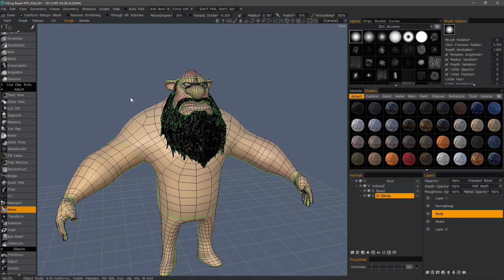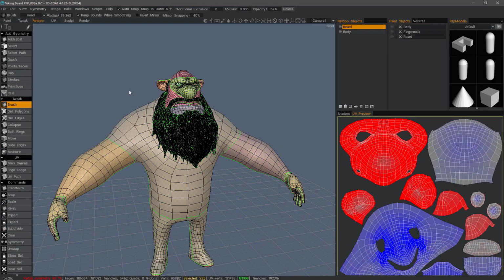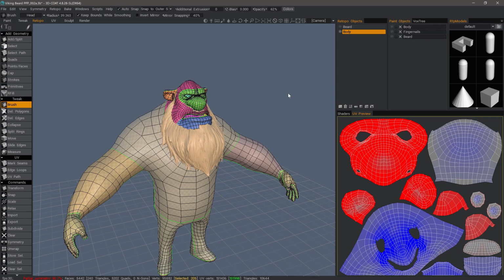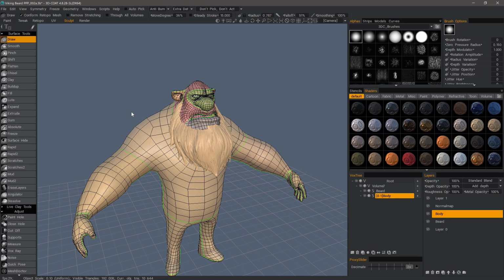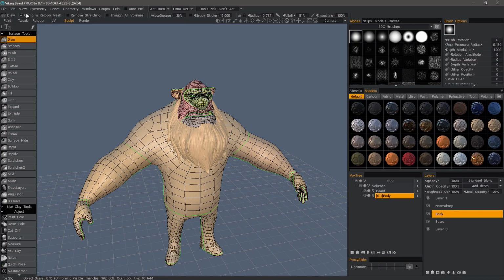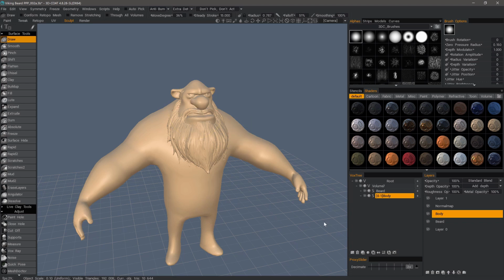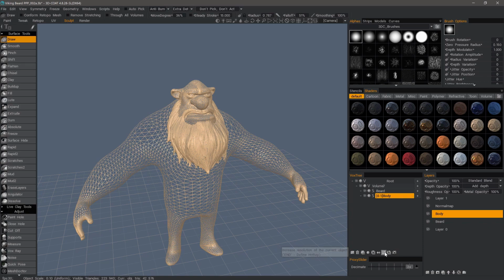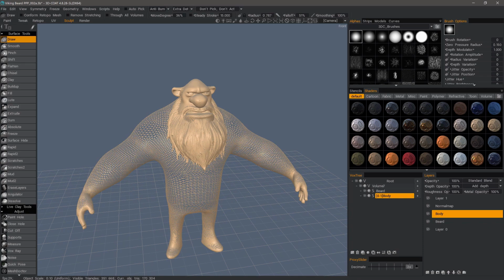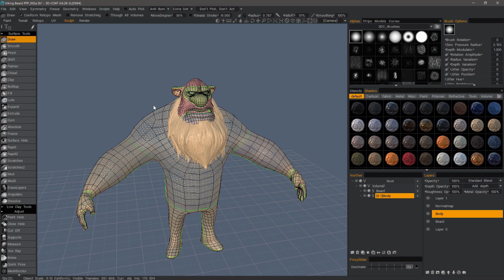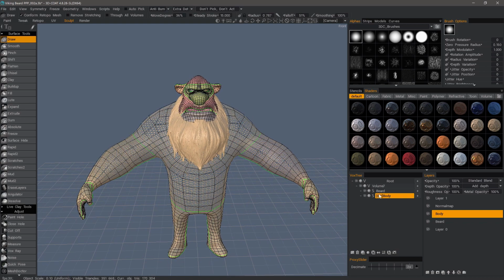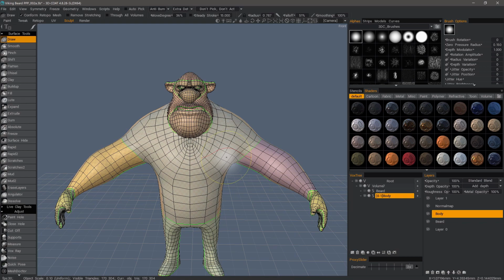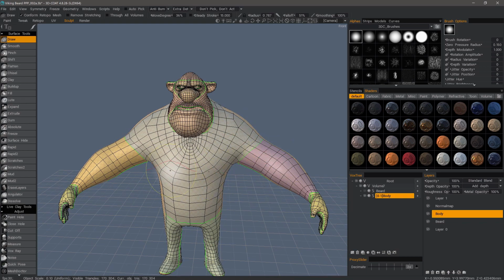Let me go back to the Retopo workspace. And I'll hide the beard. Then I'm going to turn that conform option off for the moment. Turn wireframe on, and I will subdivide a few times. Now let's go ahead and turn that back on. I'll hide this beard. Okay, so let's say as far as the body, I'm happy with what I've already done,